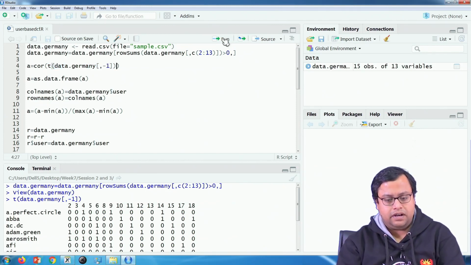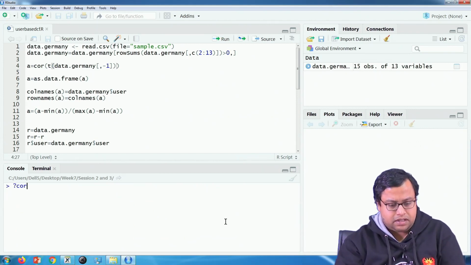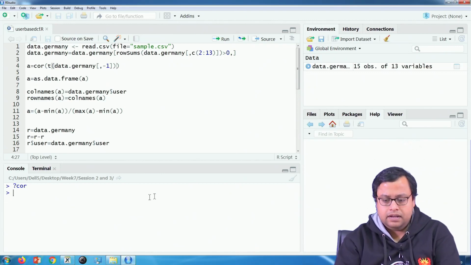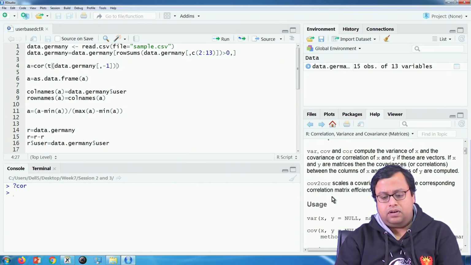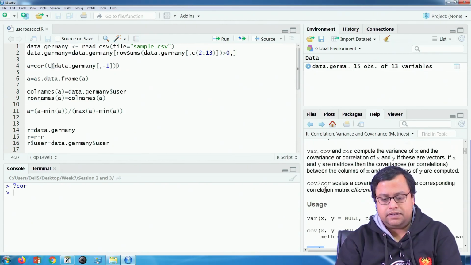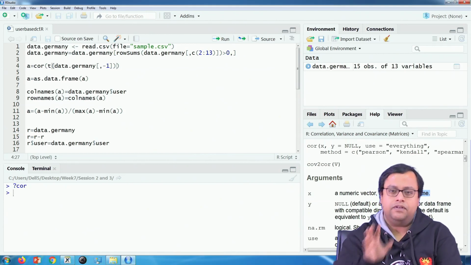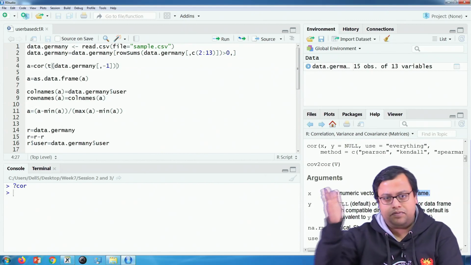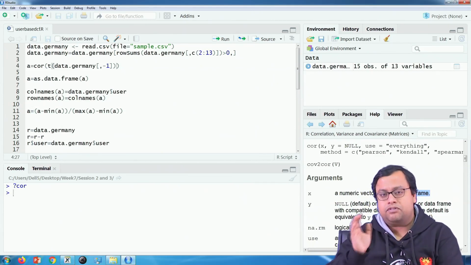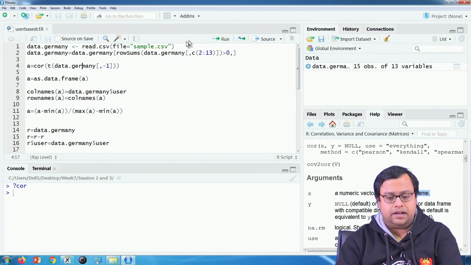So, if I try to find out correlation using the function called cor, which is available in the base package, the syntax is cor. It says that if you give the whole data set, you can give X, where X is a numeric vector, matrix, or data frame. If it is a numeric matrix or data frame, it will take each column and find the correlation of those columns. If it is a vector, then you have to give another vector. I am running this and saving the result in A.